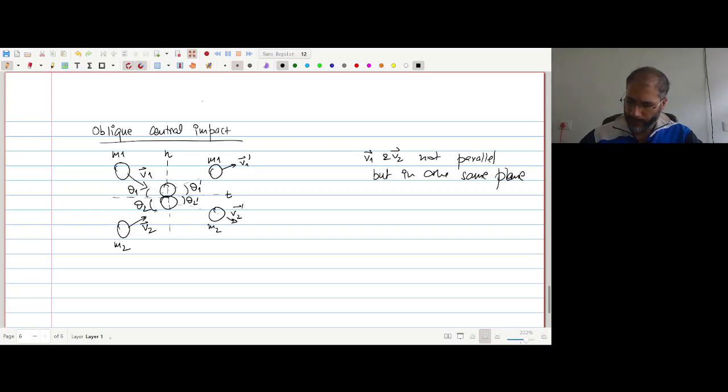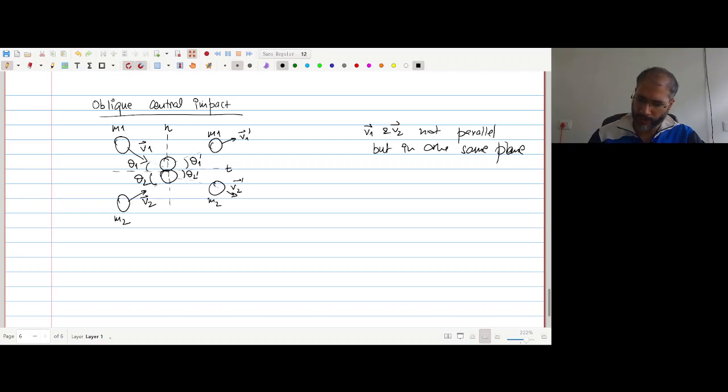So we have the unknowns v1 prime and v2 prime in the normal and tangential directions. So the unknowns here are the vectors, or we can say they are components in the two directions. So let's write the unknowns. The unknowns are v1 prime in the normal direction, then v1 prime in tangential, then we have v2 prime in normal and v2 prime in tangential. So we need four equations, four scalar equations. The first one